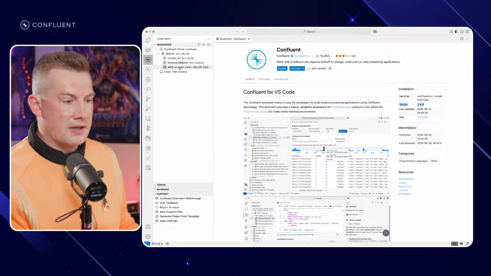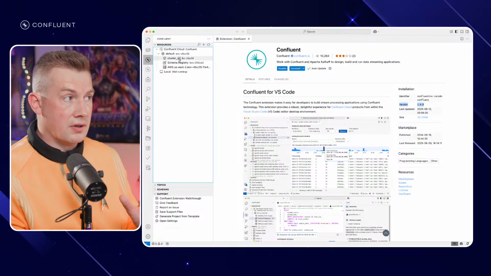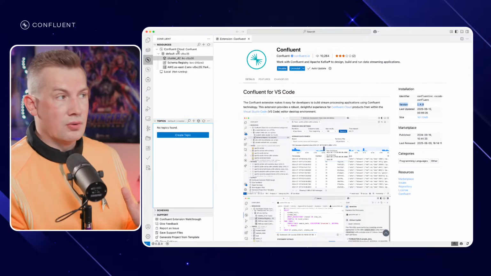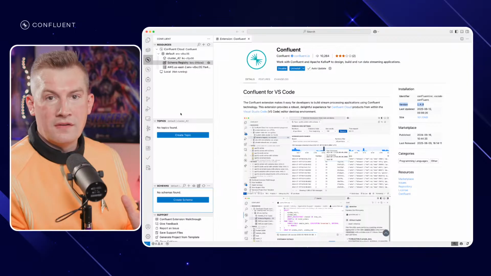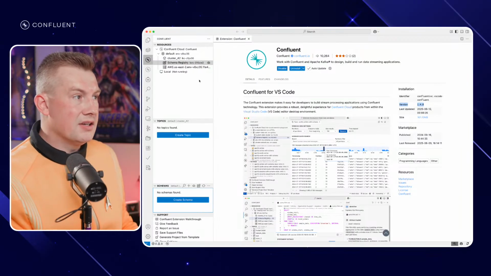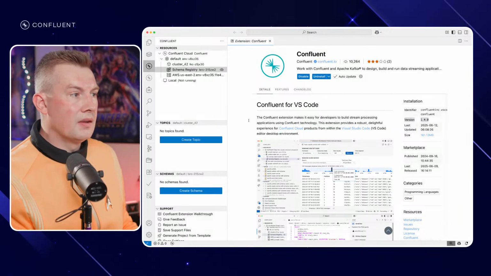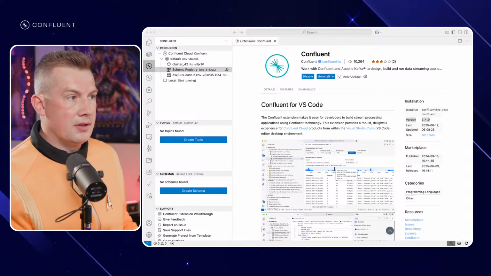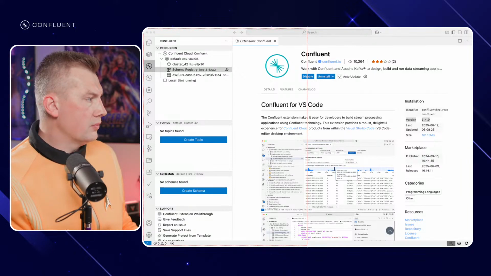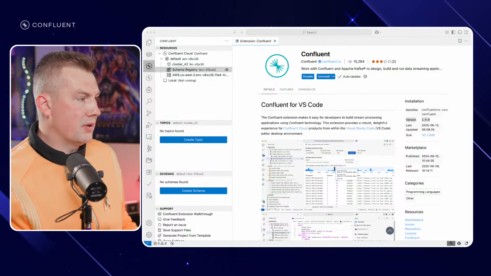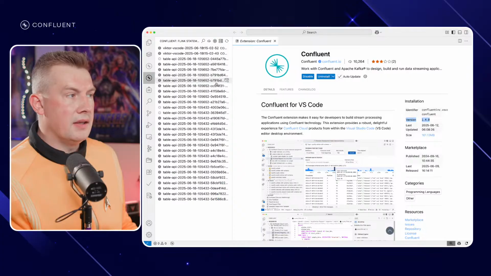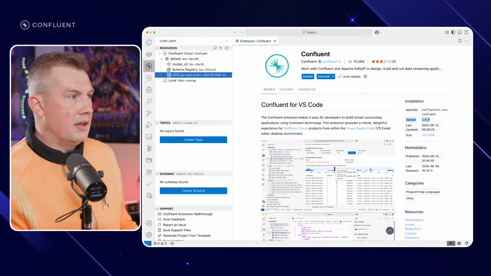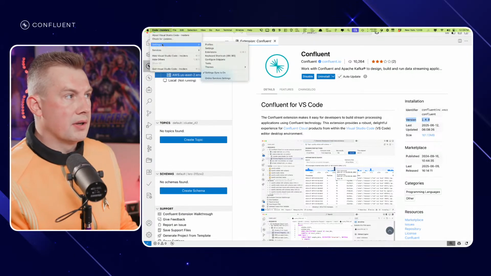Now, the couple new things that I really want to show you. Many of you know Confluent Cloud is the managed service for Apache Kafka. So your Kafka topics, your schema registry subjects, all the things will be available in here inside this Visual Studio Code extension. One of the things that we also added, and I don't know if you know this, write down in the comments somewhere, is a Flink integration. Confluent Cloud as a managed service provides Flink. And now we do have an ability to connect with